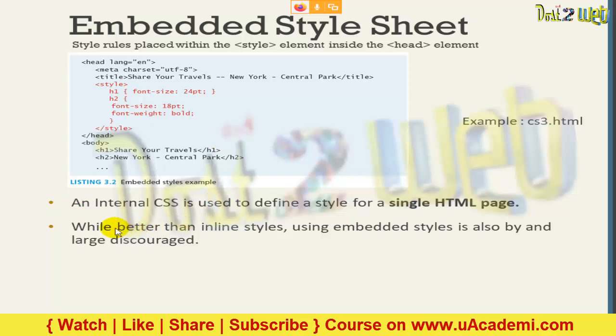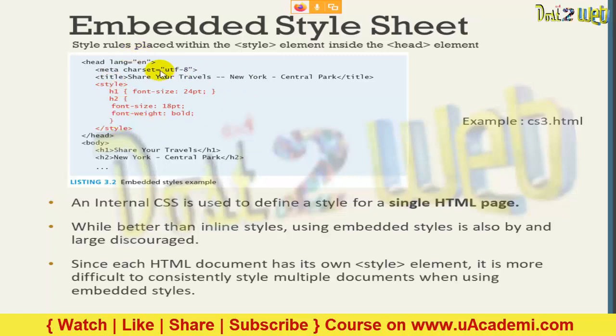Okay. Now while using the better inline style, you can embed this style into your CSS, but still this will be discouraged because the style which you are going to use here will also increase the number of lines of code on your HTML document.